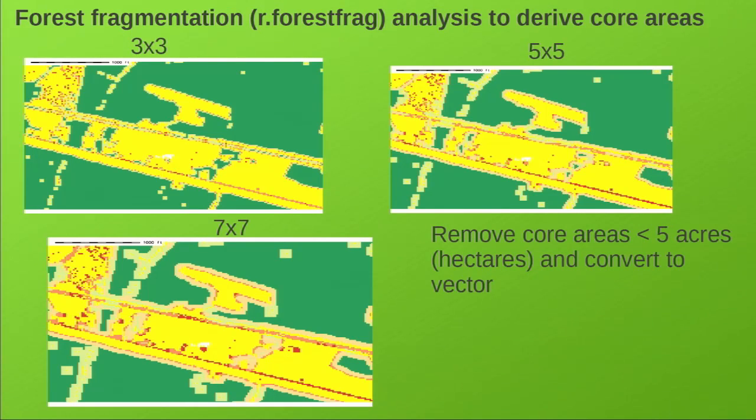makes your edges thicker, which is kind of an advantage because you can start looking at how thick an edge a different bird species might need. And if the biologist says to you, well, this species needs to have 100 acres of contiguous habitat, then you can just go through and do an area analysis on the core areas at the different segments and say, okay,